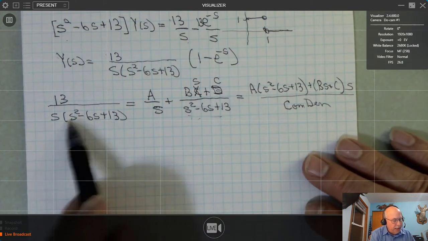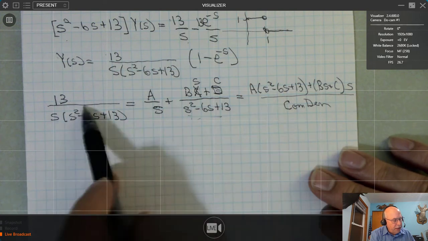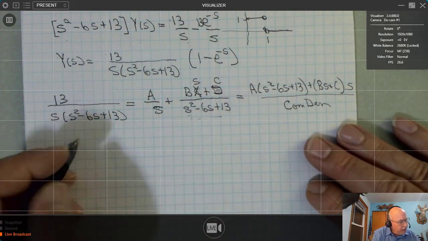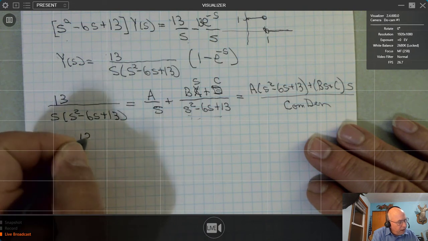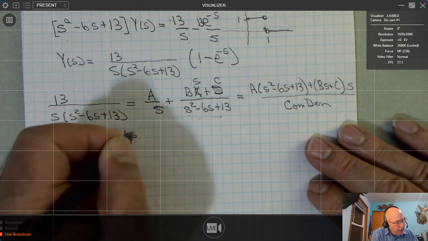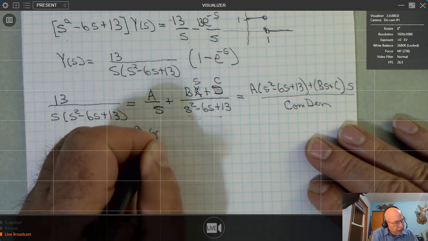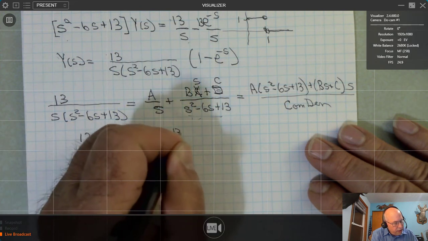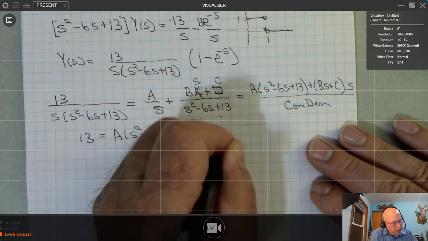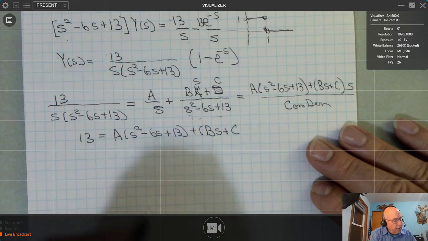So that's just that. So we have these two fractions equal to each other. Their denominators are equal, so their numerators are equal. And that gives me this equation, a times the quantity s squared minus 6s plus 13 plus the quantity bs plus c